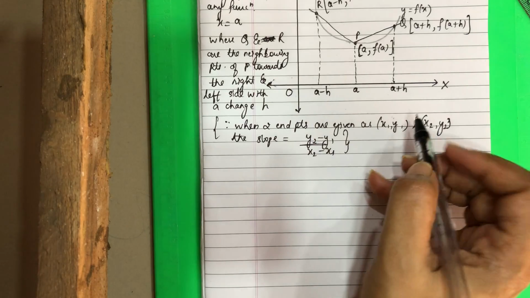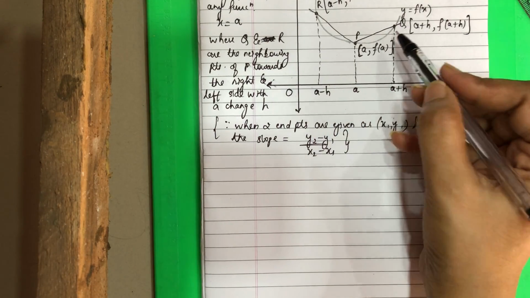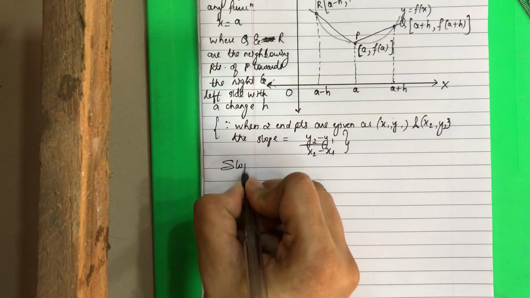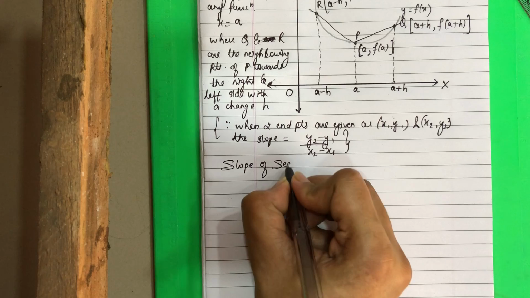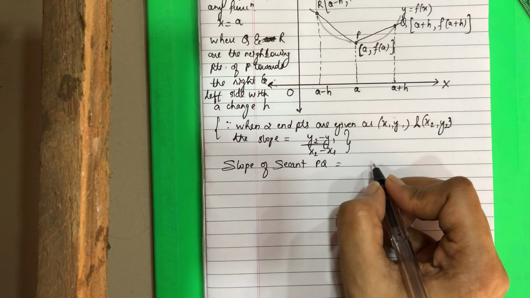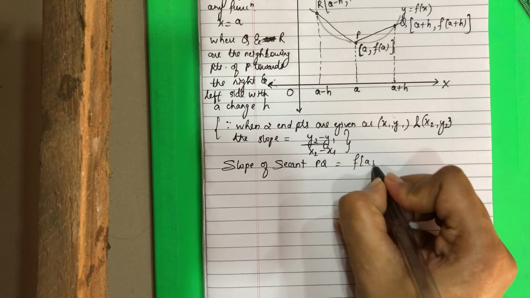We are using this concept here to find the slope of secant PQ and the slope of secant PR. Therefore, the slope of secant PQ is equal to, the y coordinate is f(a plus h)